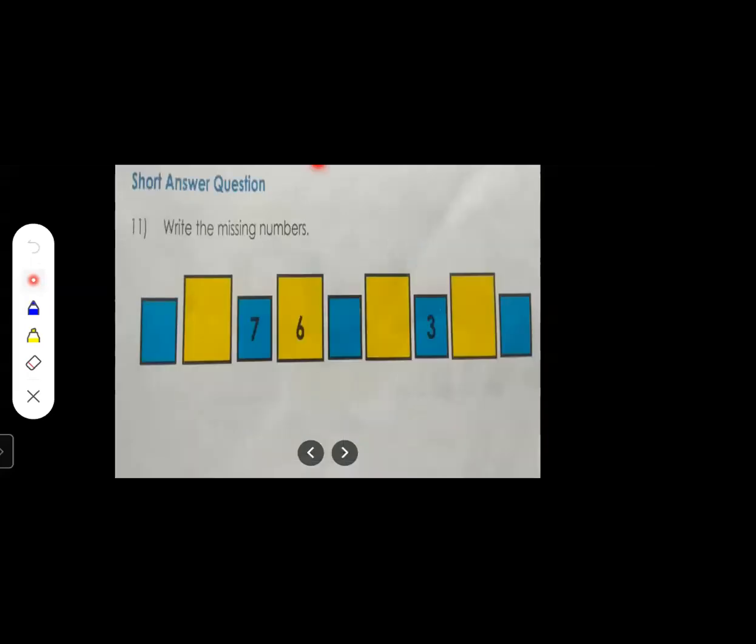Now the next one, here we have to write the missing number. Okay, so here 7 is given and before 7, 6 is written over here. So after 7, which number comes? 8. Then 9. Before 6, 5, then 4, then 3, then 2, then 1. So see, here we have written the missing numbers 9, 8, 7, 6, 5, 4, 3, 2, 1. Bigger number to the smaller number. This is decreasing order. Which order is this? This is decreasing order. Okay.